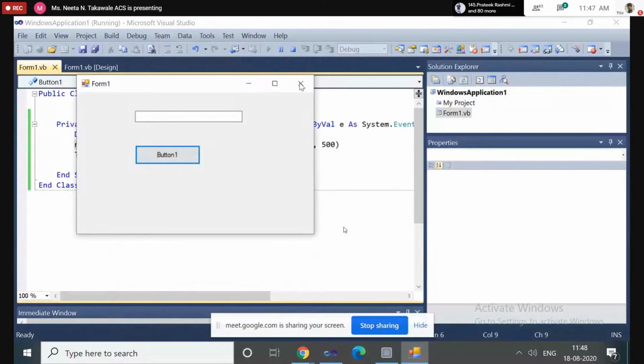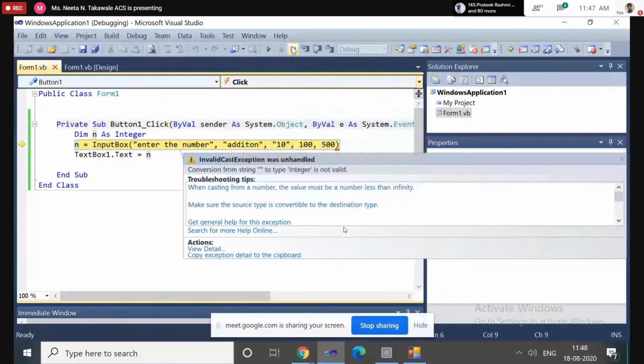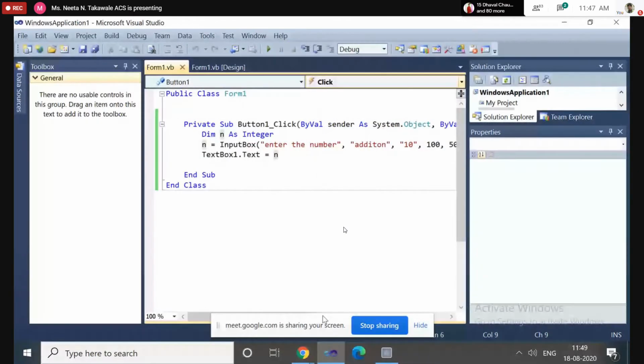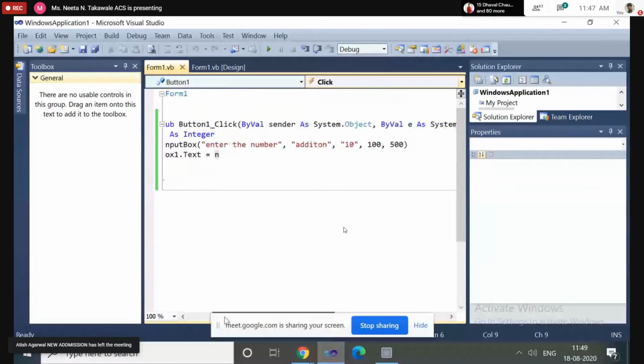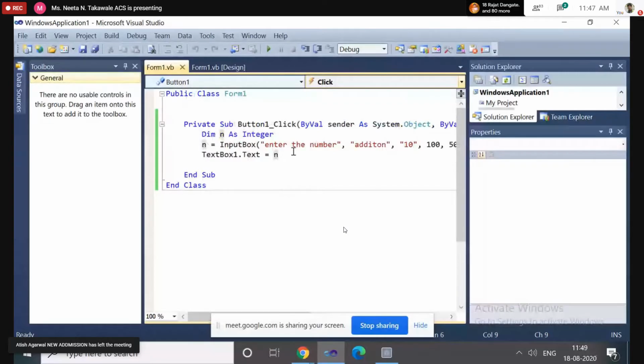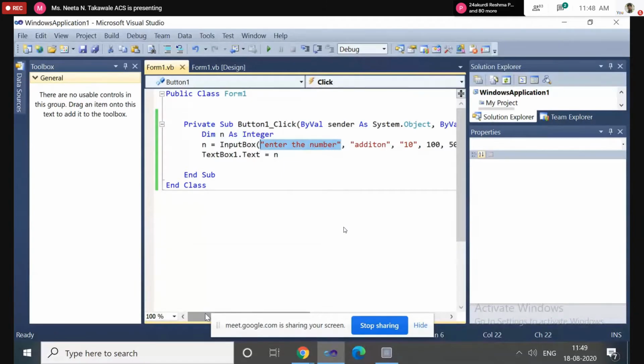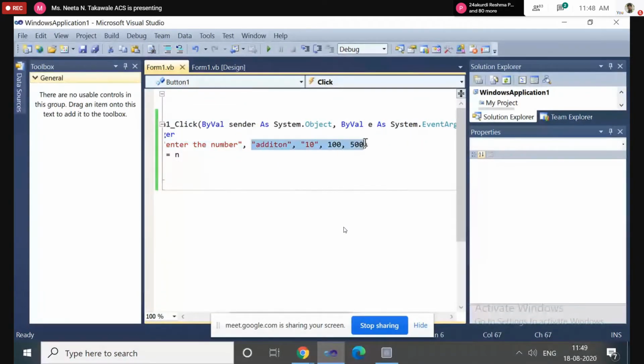So like this, you can decide the location for the dialog box at runtime, or through the coding also. For that, you just have to write the x and y coordinates into the input box. So these are a total of 5 different arguments, where the first argument is compulsory and the remaining 4 are optional.